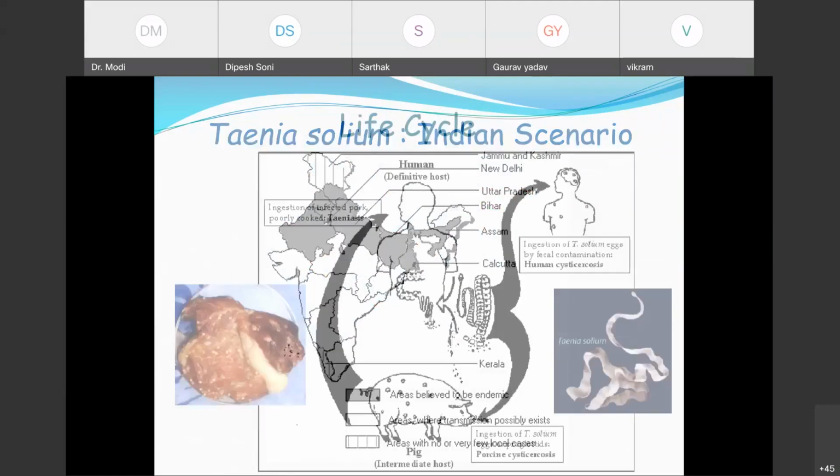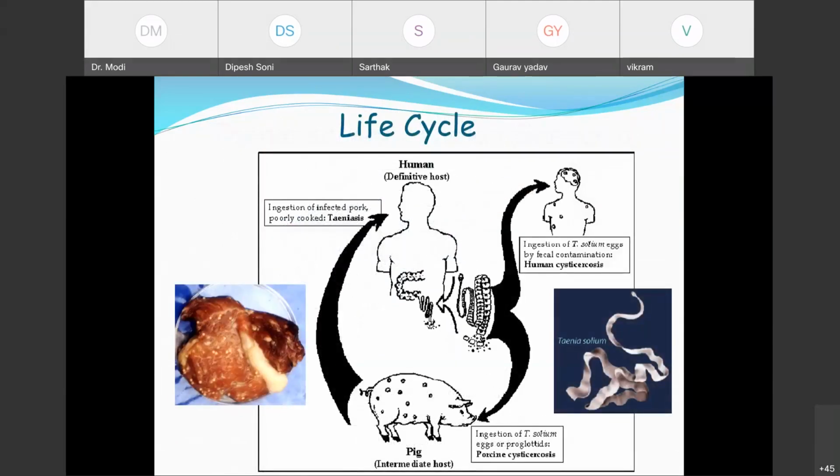Okay, and I want to emphasize a bit about the life cycle. The history of pork eating may or may not be very important in a given patient of NCC. Invariably, we ask for it, but this is not how the cycle actually goes. Man is the definitive host. Definitive host means it hosts the main worm, the Taenia solium. That's a large worm which is present in the large intestine, harbors there, and the man continuously keeps on excreting the parasites,